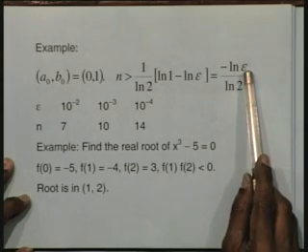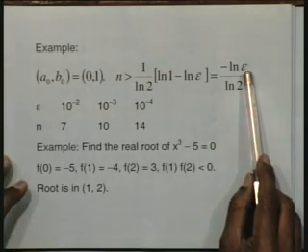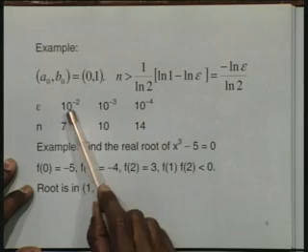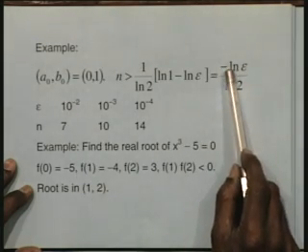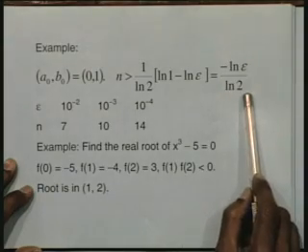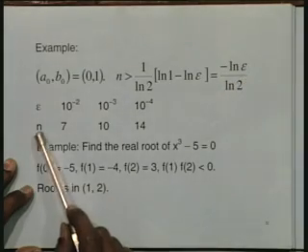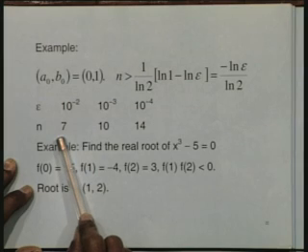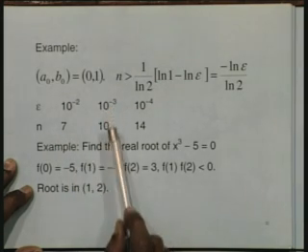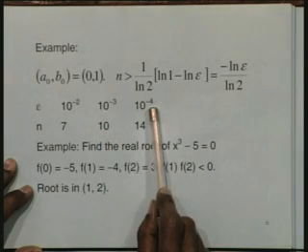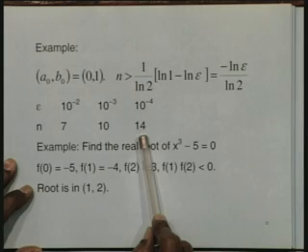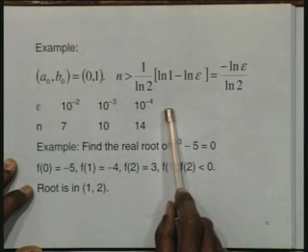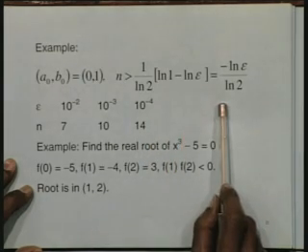Then I would give the values for epsilon, the accuracy that we want in a particular problem, 10 to the power of minus 2. Once I put 10 to the power of minus 2, I can take the minus 2 outside, so it is 2 times logarithm of 10 divided by logarithm of 2, and then round off to the next integer. So, I will have 7 iterations. If I take 10 to the power of minus 3, I get 10 iterations; 10 to the power of minus 4, I have got 14 iterations. Similarly, I can construct for any other given epsilon.